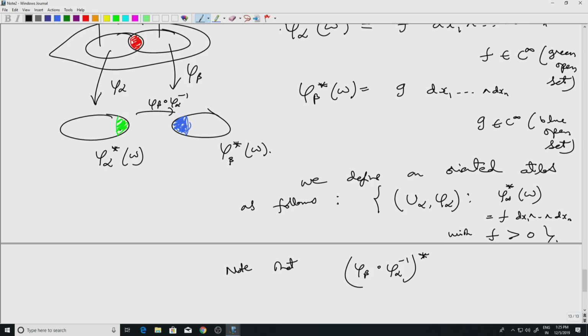And not surprisingly the pullback of this will give me this, because the whole thing was obtained just from omega. You can directly do the calculation here in fact. So phi alpha inverse and then phi beta upper star,